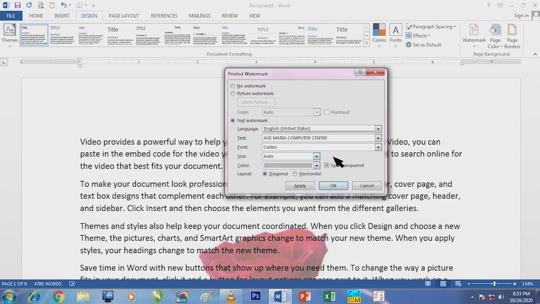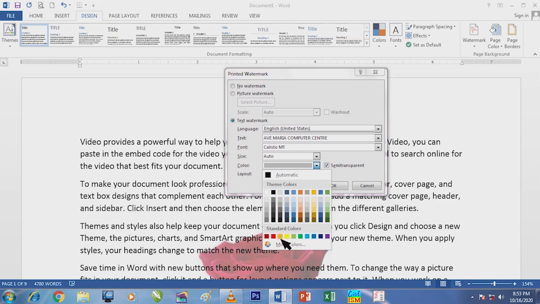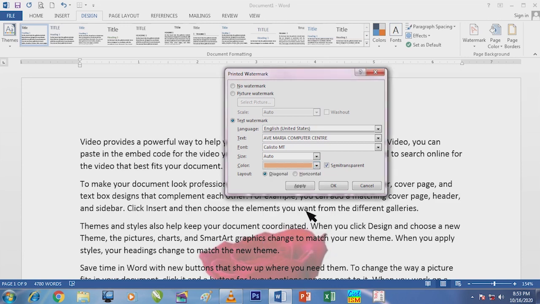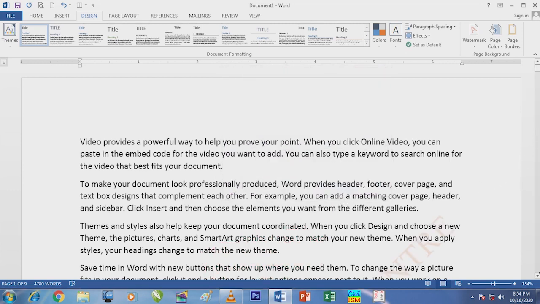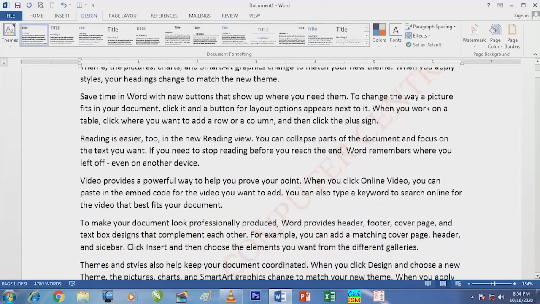And click OK. I can choose the font from here and change the color. Then say OK. So dim watermark has appeared there.